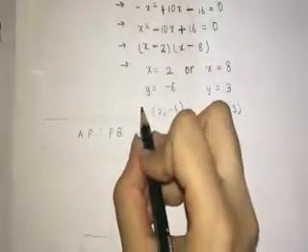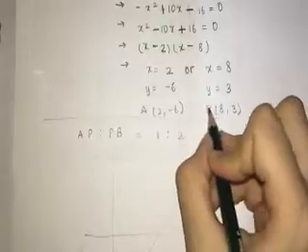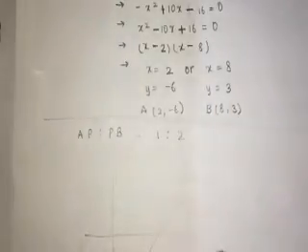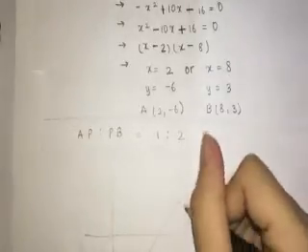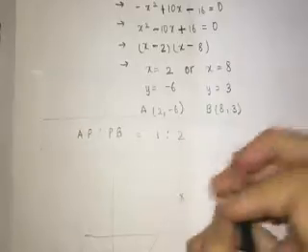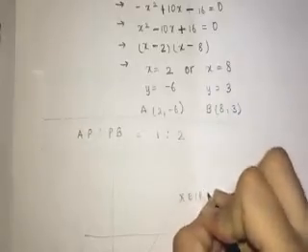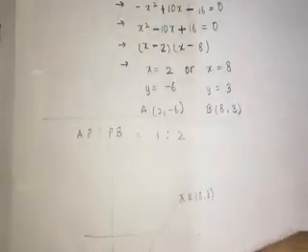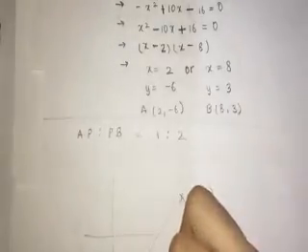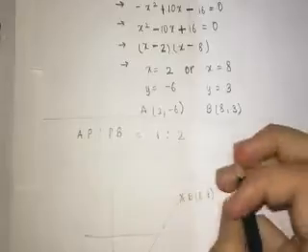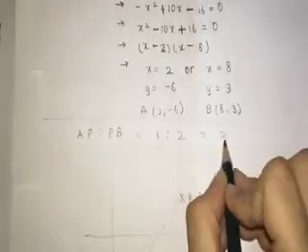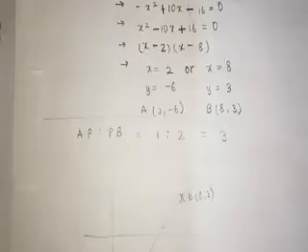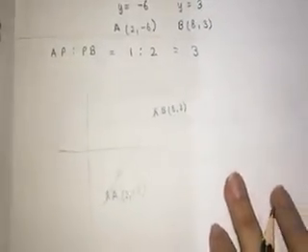And since this is for A, this is for B, (2, minus 6), we can assume. And (8, 3) can be our B. We can actually assume that P is 1/3 somewhere here, as it is 1:2, which makes 3 parts. And now to find P,